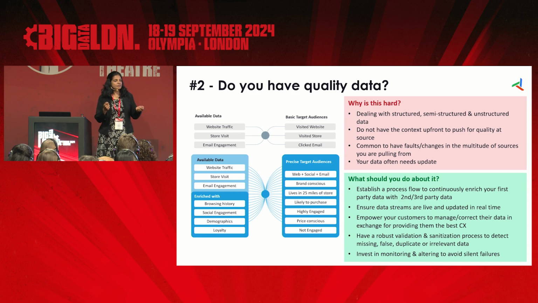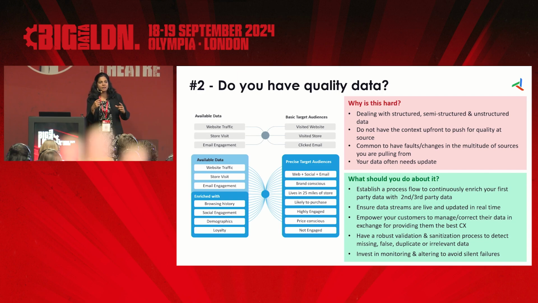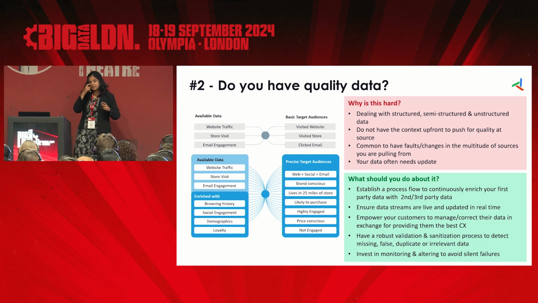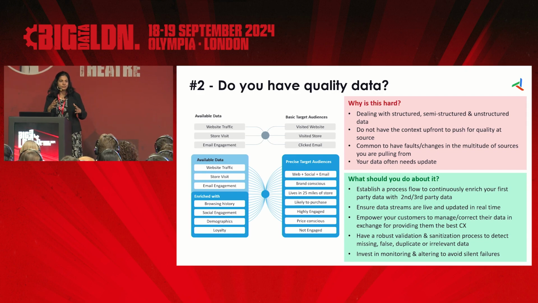For example, if there's a customer who has multiple profiles, one from their website, one from social, and you're not able to resolve them, but you're able to surface that discrepancy and say, can you confirm if this is you, right? Then they are able to take that call and go forward and make that change, right? So that empowerment can really help.